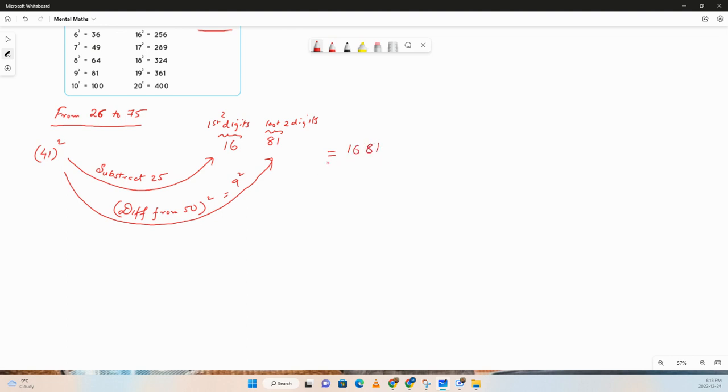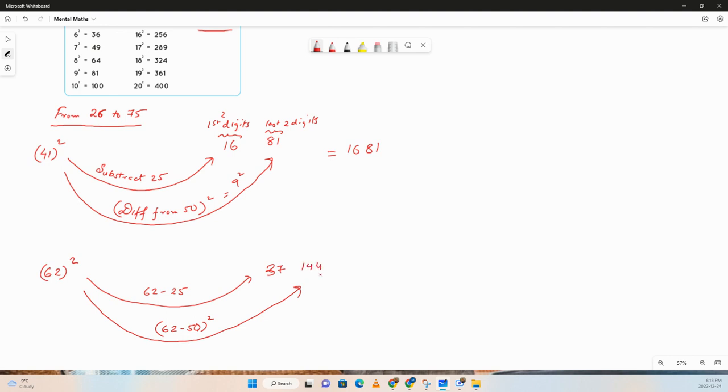Okay, so let's take another example and see another variation that can happen. Let's take 62. Okay, 62 whole square. Same thing, we'll subtract 25. So what is 62 minus 25? That would be 37, right? And then we'll take the difference from 50, 62 minus 50 whole square, which is basically 12 square, which